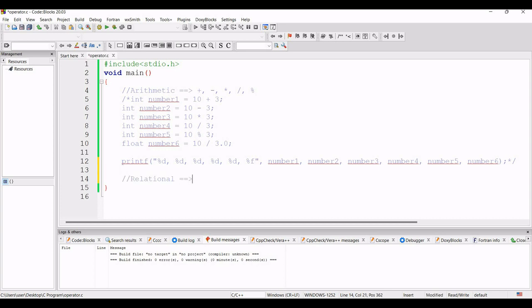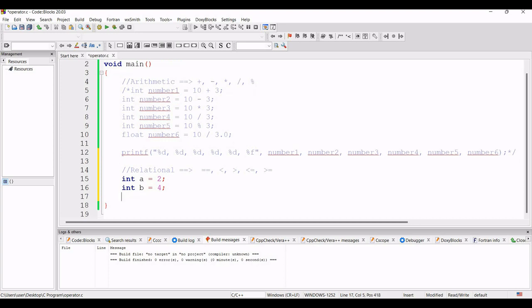What are the relational operators? Equals to is there, less than is there, greater than is there, less than equals to is there, greater than equals to is there. So now suppose I am taking another variable of integer type, and suppose the name is a, and inside this a I am keeping the value 2, and I am taking another variable b, and inside b I am taking 4, and I just want to see if a equals b.